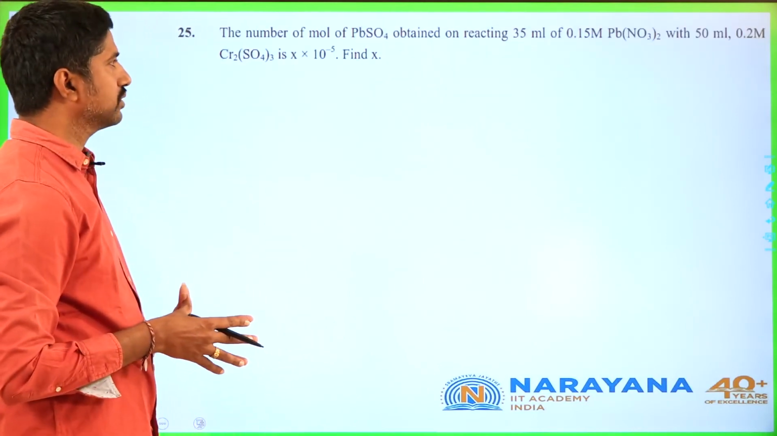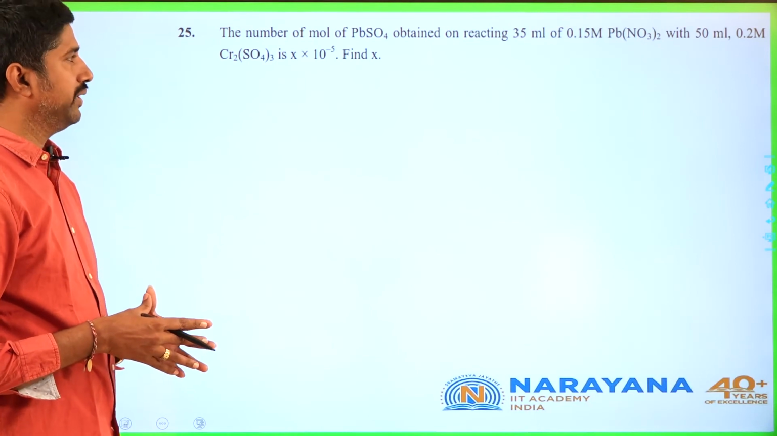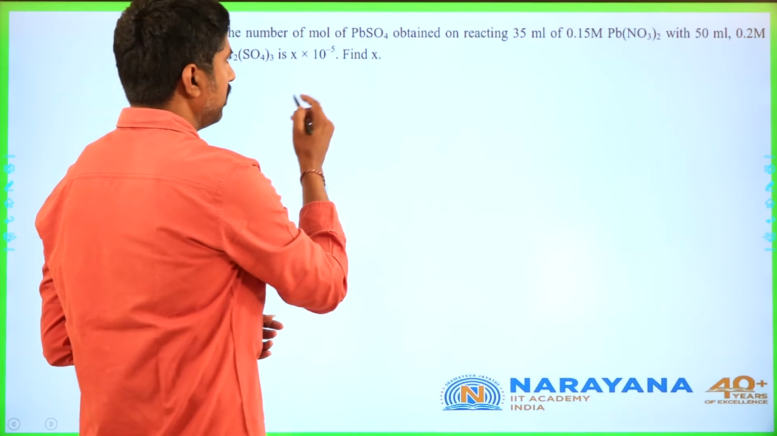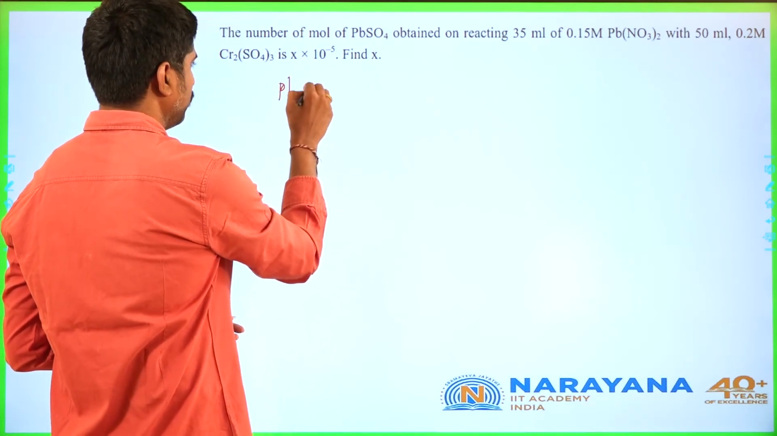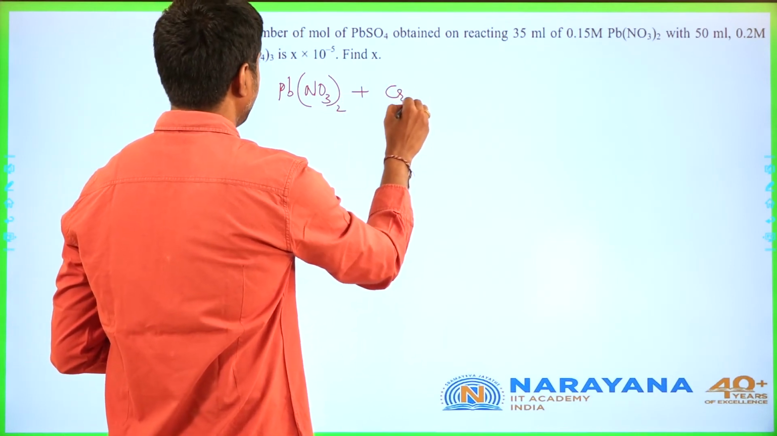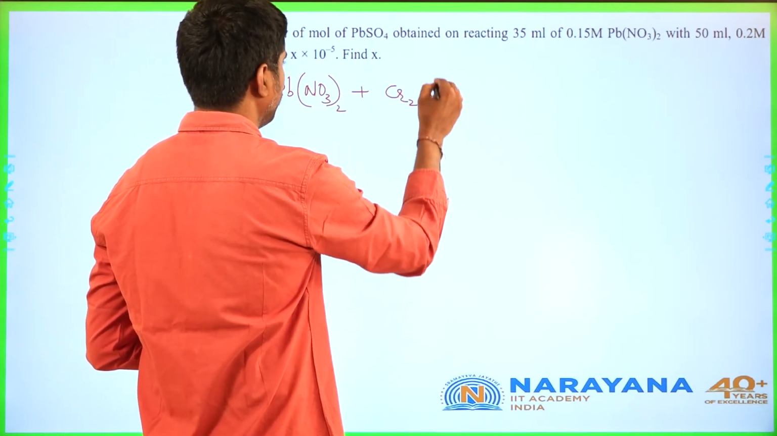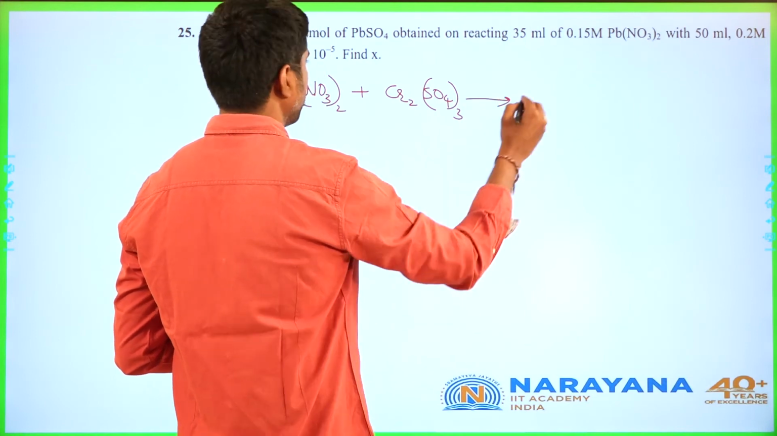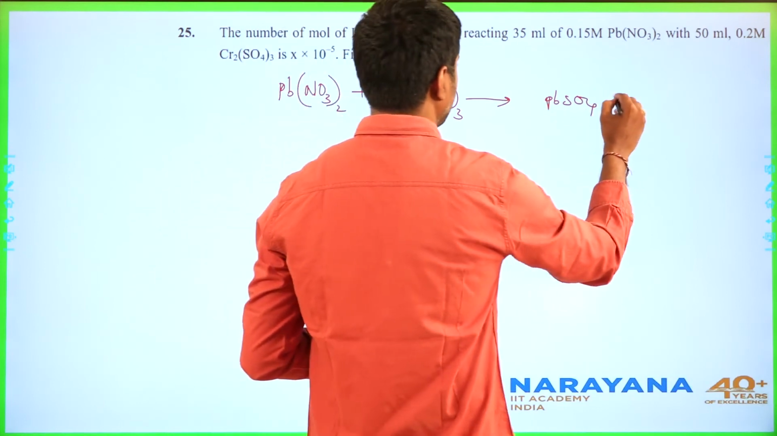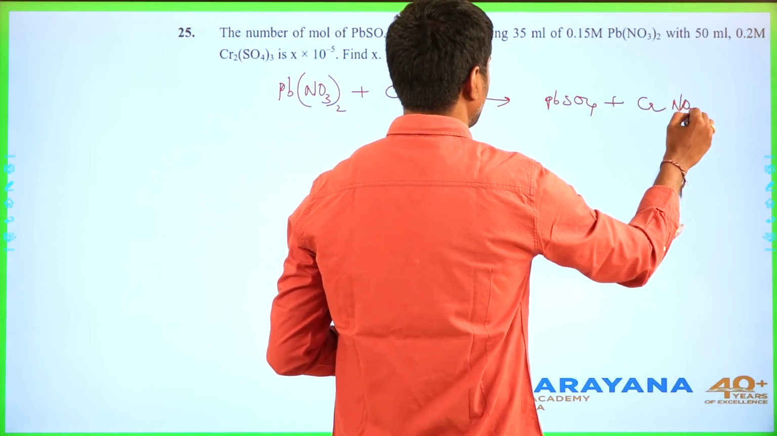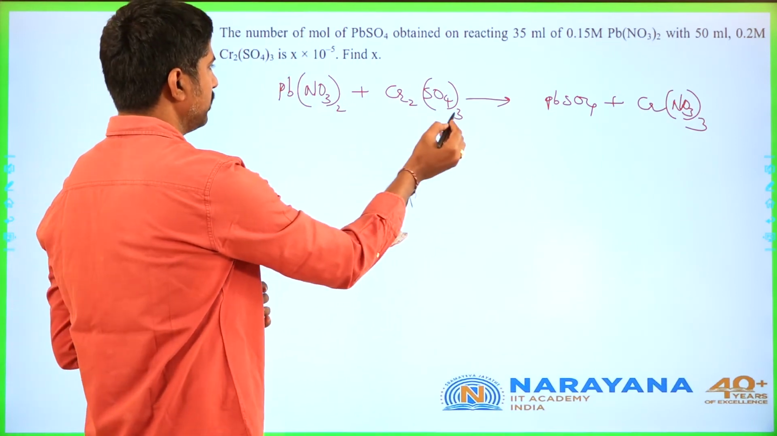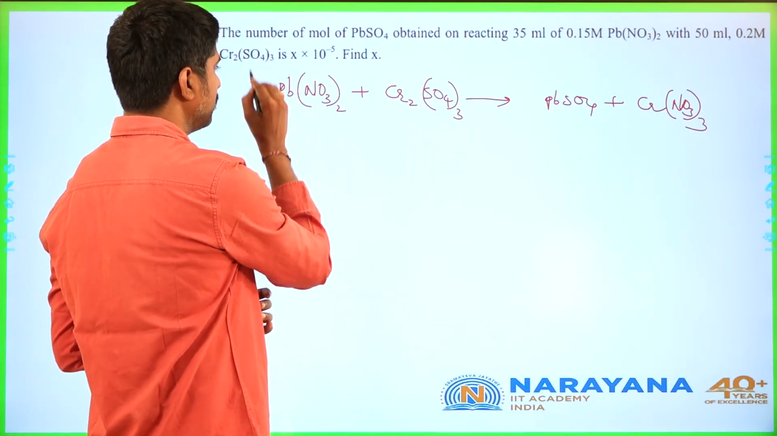And this is the next question. Number of moles of PbSO4 obtained on reacting 35 ml Pb(NO3)2 with Cr2(SO4)3. So the product will be PbSO4 and chromic nitrate, Cr(NO3)3. So balance the equation, as we have 3 sulfates here and we can mention 3 here,